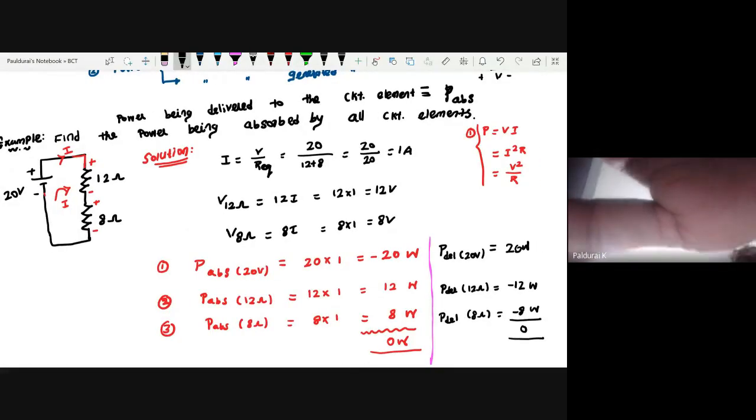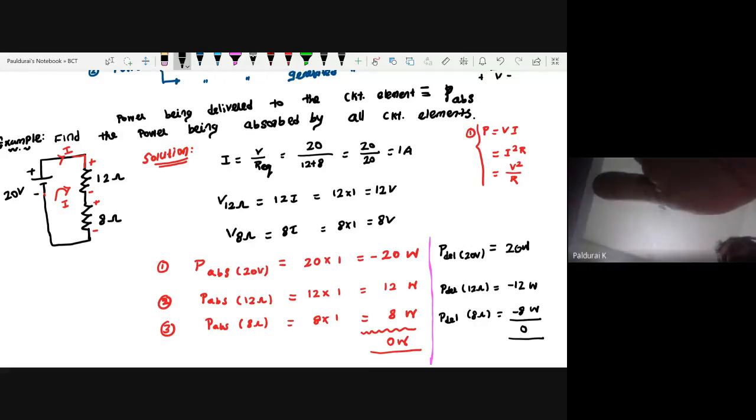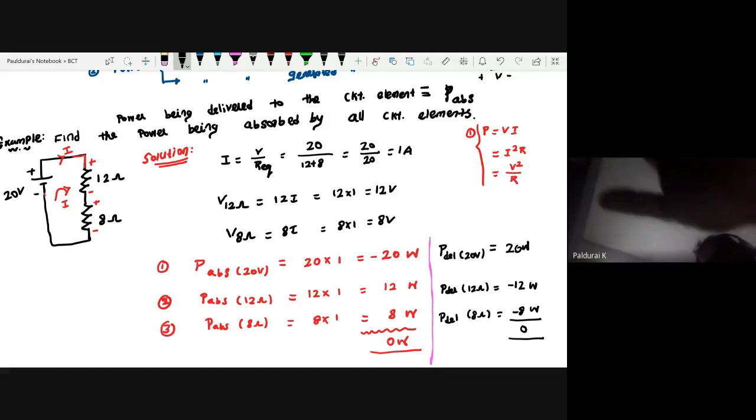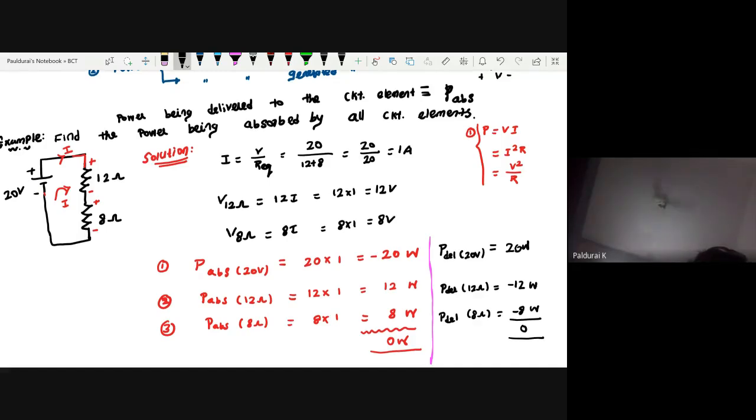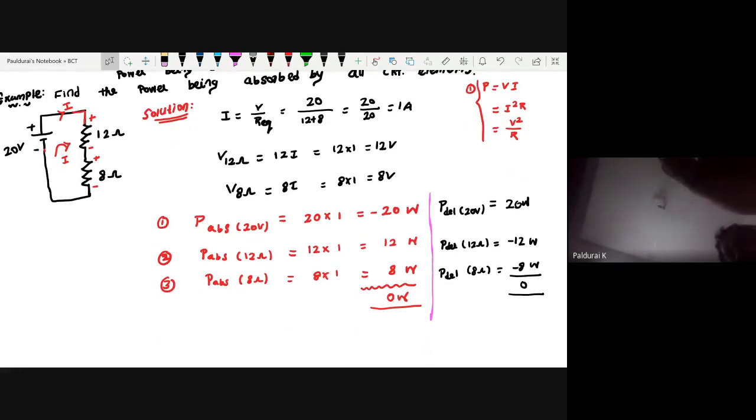That is the beauty. In a closed loop, the sum of absorbed power by each circuit element is 0. Otherwise, the sum of delivered power by each circuit element is 0. Okay, this is called Tellegen's theorem. Just for your information,